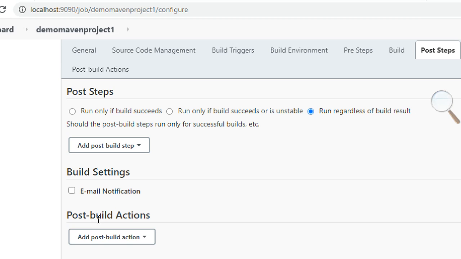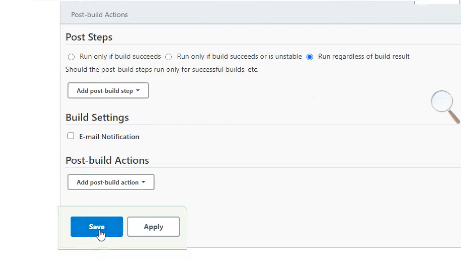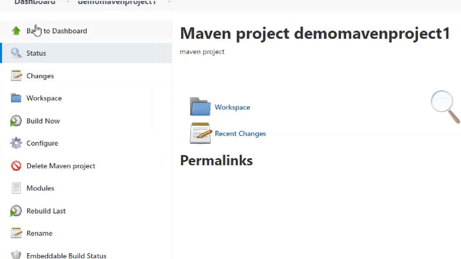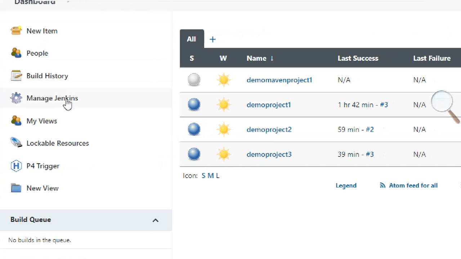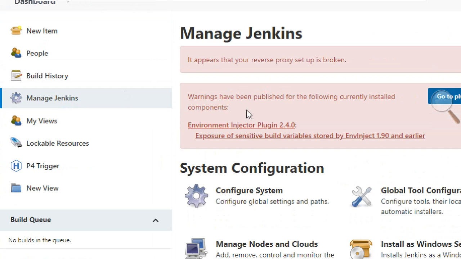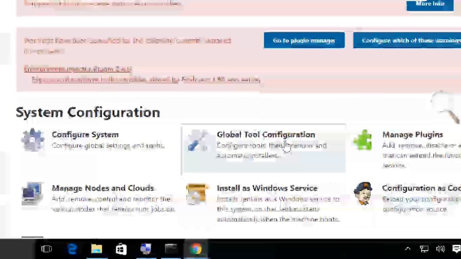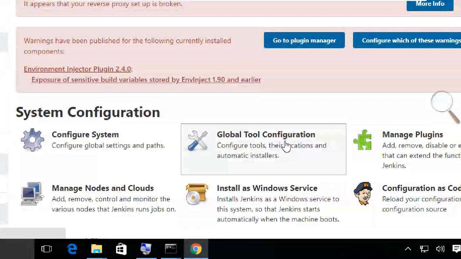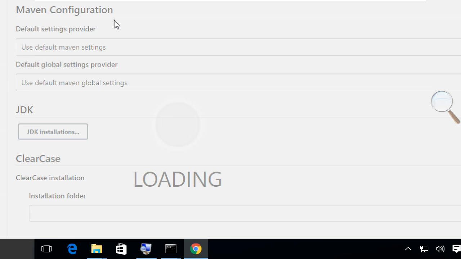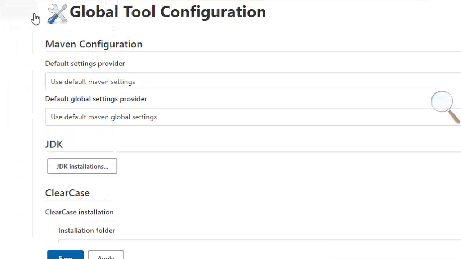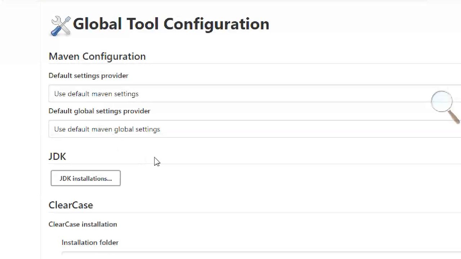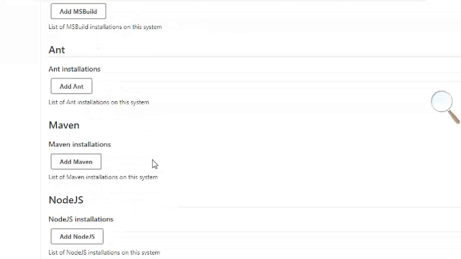Okay, so currently we are going to save this thing, and we have to go back to the dashboard and manage Jenkins. Go to global configuration. We have to tell here where is your Maven. So Maven configuration global provider.